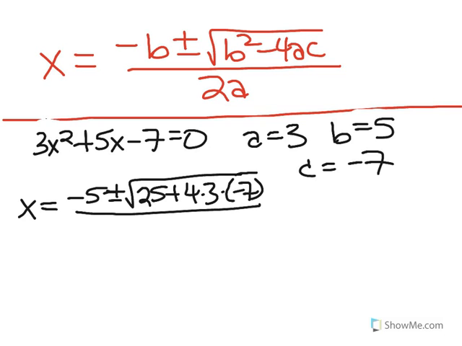All of this over 2 times a, which is 2 times 3, which is 6. So under the radical, we have 4 times 3, which is 12, times negative 7, which is negative 84. And negative 84 plus 25